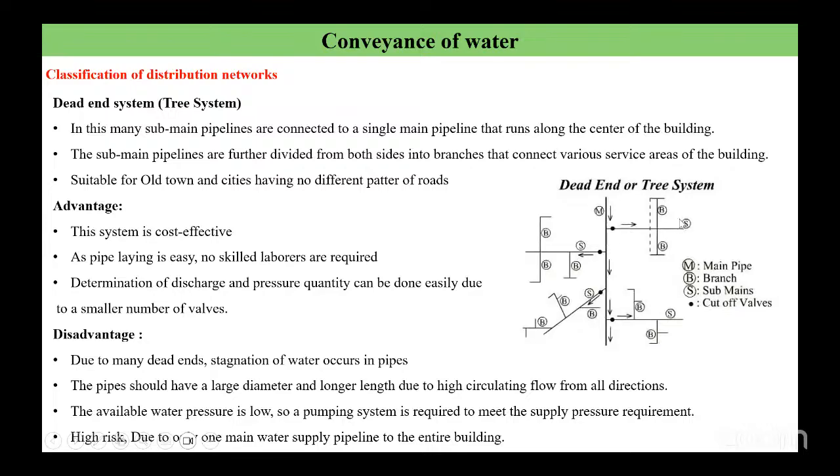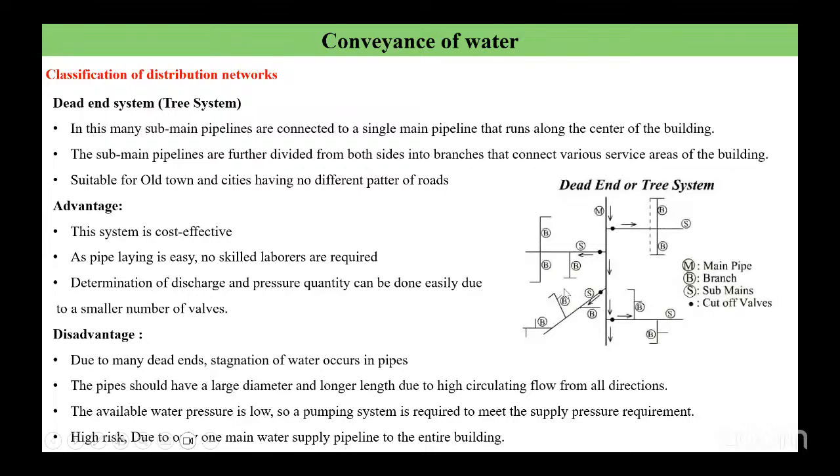and everywhere there is a dead end where the water cannot be circulated. So what will happen to the branches? The water gets deviated into the branches to the left and right. Here, what I'm seeing is that after that, again the water goes into the submains, and later, so this is how there are several dead ends.